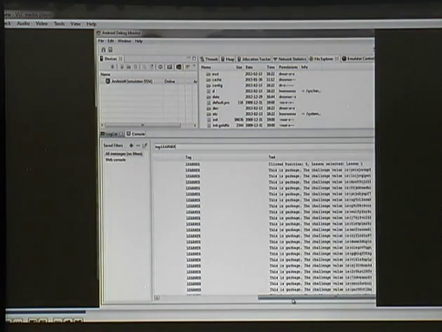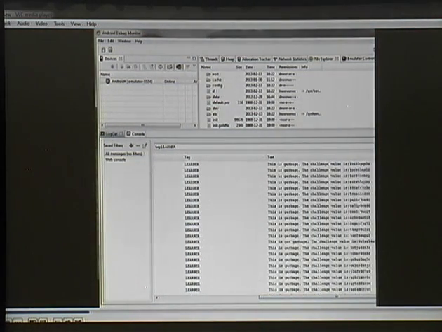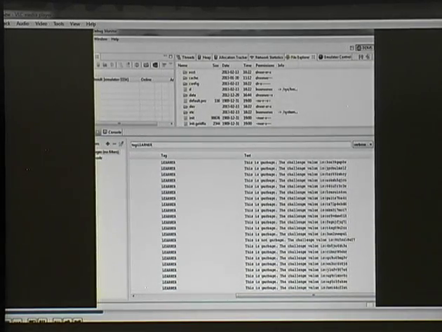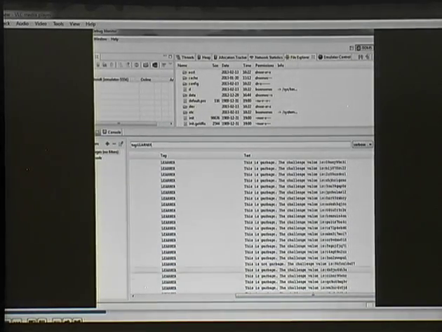So this dumped a whole bunch of debugging output to the Logcat console, and there's a secret code lurking in there somewhere. And I'm going to show you how this works. All right, so that's the code right there.